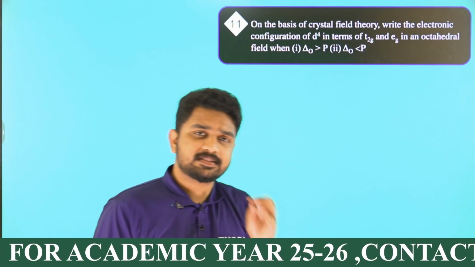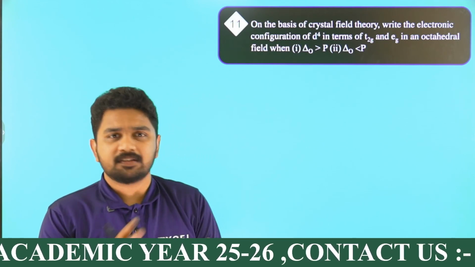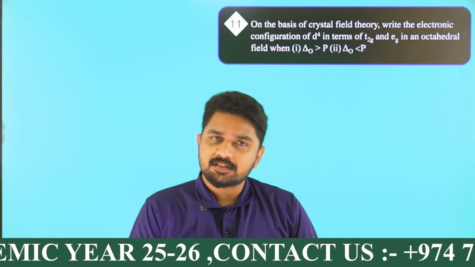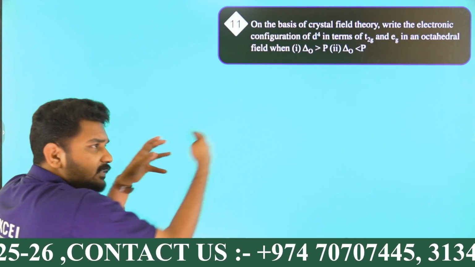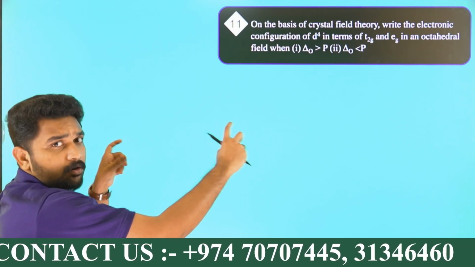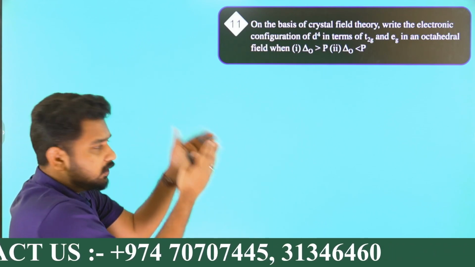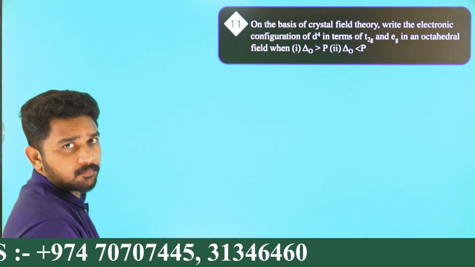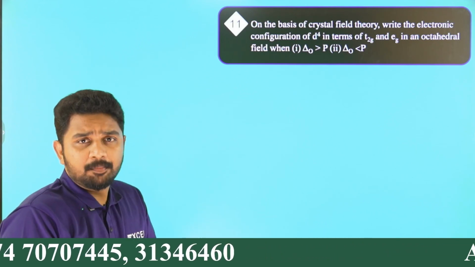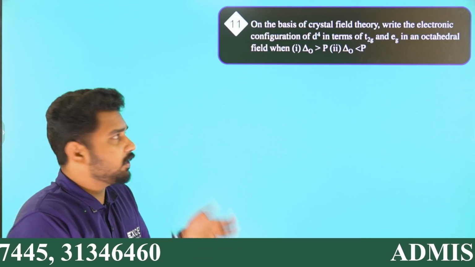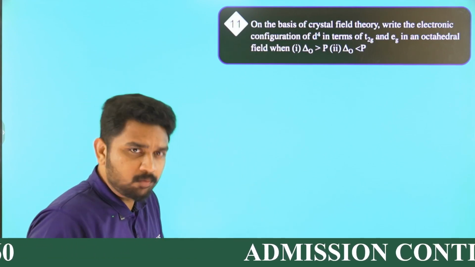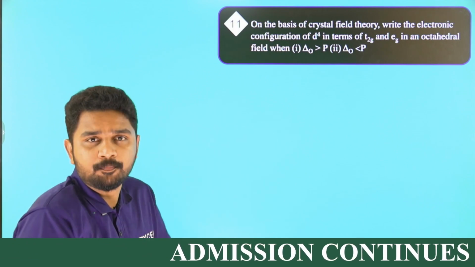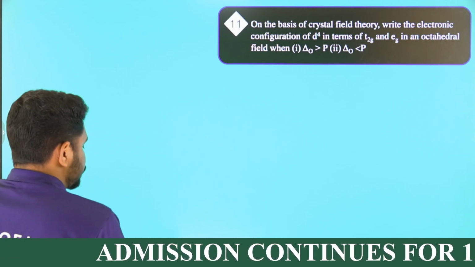What is crystal field theory? You know what crystal field theory is, right? According to crystal field theory, when a ligand approaches the degenerate d orbitals, they will split into t2g and eg orbitals. I'm not explaining that much because we don't have enough time. We are mainly focusing on the questions. If you want, please tell me, we can do another video. Yes. So the point is,